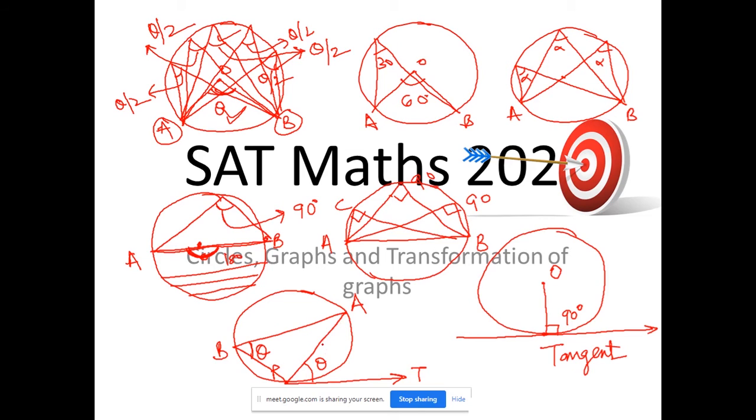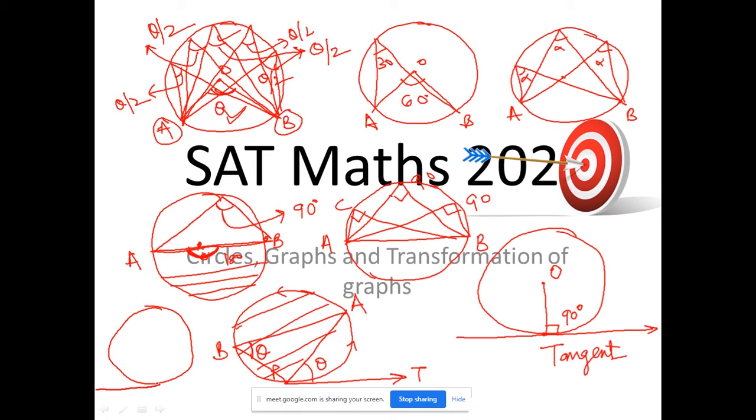So the angle made by the tangent and a point on the circumference is equal to the angle in the alternate segment. Now this is the minor segment. We are not talking about the minor segment right now. We are talking about the major segment A to P. This is the major segment. So if it makes an angle in the major segment, that is also going to be equal to the angle made by the tangent and a point on the circumference. This is called the alternate segment theorem.